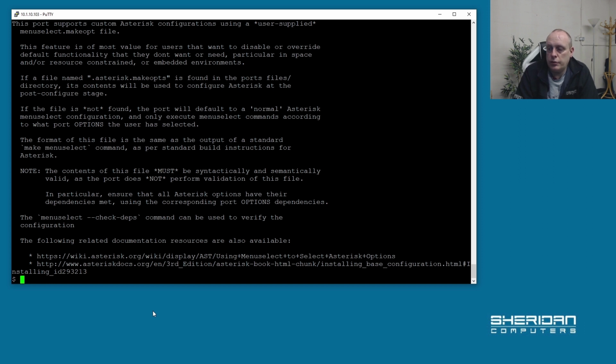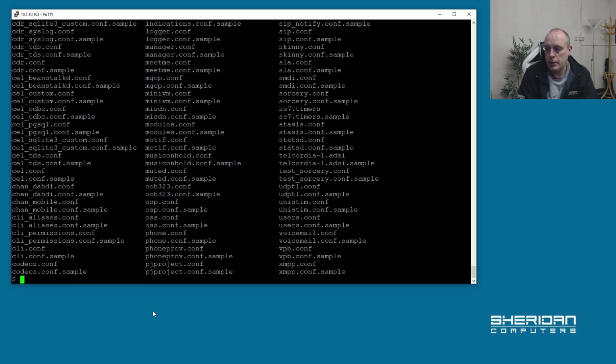Okay, so now we have the FreeBSD package installed on the system. All the binaries are there, and the configuration files are stored in /usr/local/etc/asterisk. If we have a look at the configuration files, there are many of them for Asterisk. The package install basically installs all the sample files and everything for us. We can refer to these later for specific configs, but for